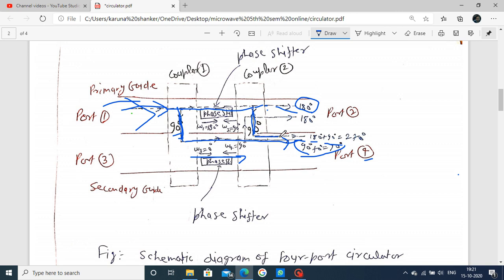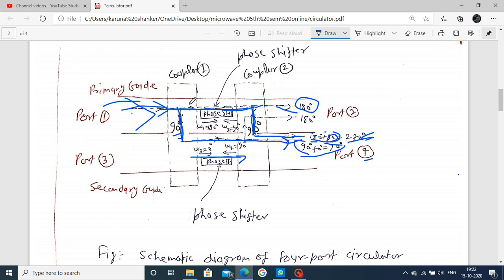This is your 90 degree plus phase shift by your coupler. Also, one phase shift of 180 degrees is introduced here. This is a phase shift of 180 degrees, which means 180 degrees plus 90 degrees. This gives your 270. This is your 270, which means that through coupler number 2, the wave at port number 4 comes out with a 270 degree